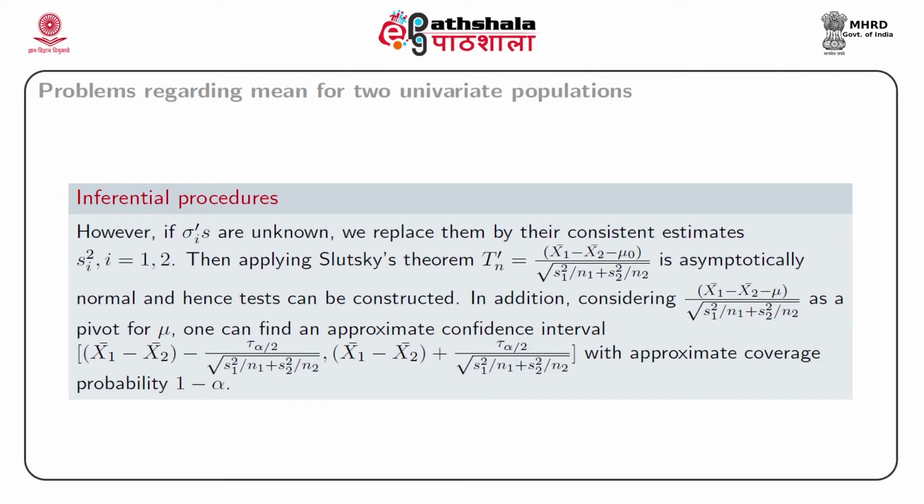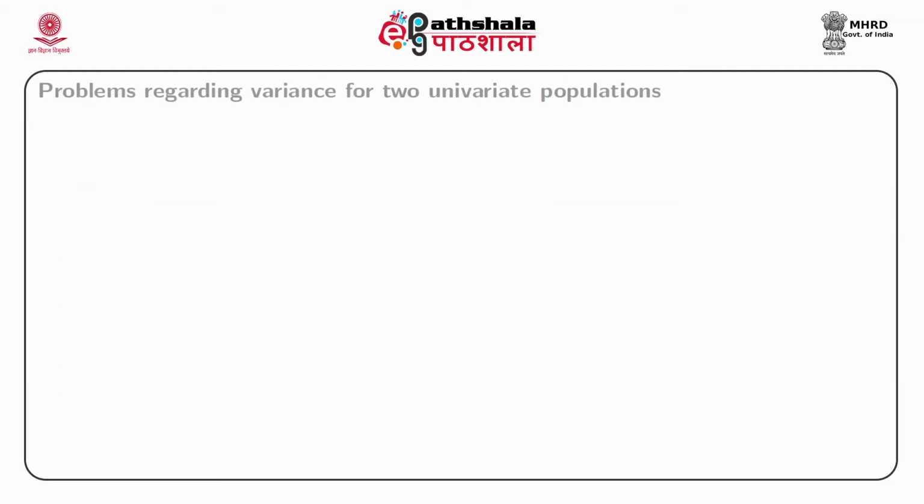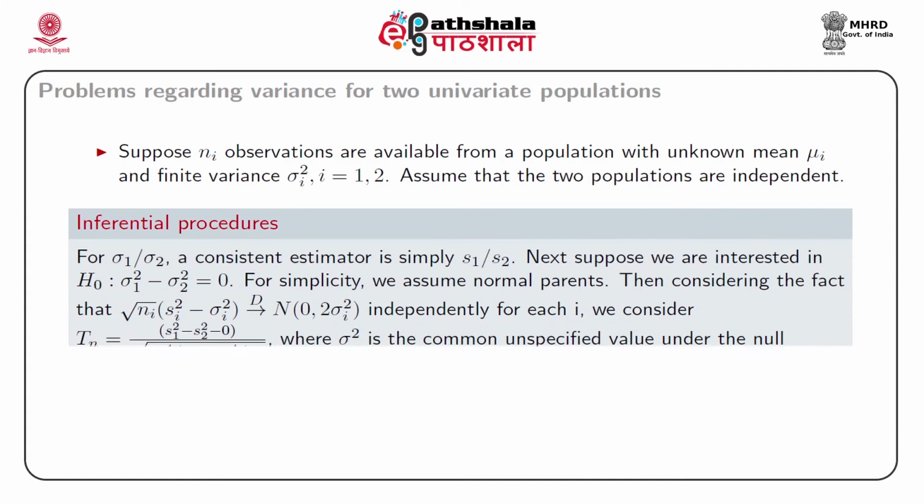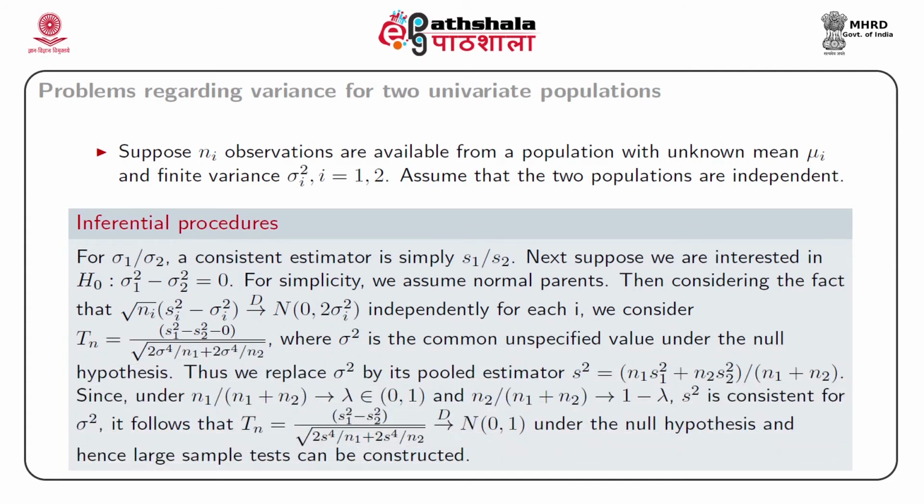Next, consider the problem regarding the variance for two univariate populations. As earlier, suppose ni observations are available from a population with unknown mean mu i and finite variance sigma i square, and we assume that the two populations are independent. Then, for sigma 1 plus sigma 2 or sigma 1 by sigma 2, a consistent estimator is simply s1 by s2, and if we are interested in testing sigma 1 square minus sigma 2 square equal to 0, then